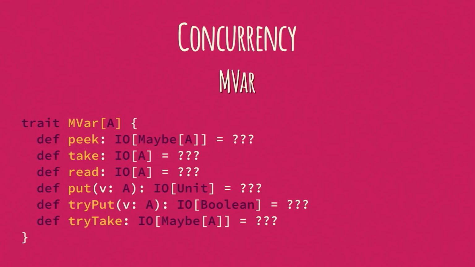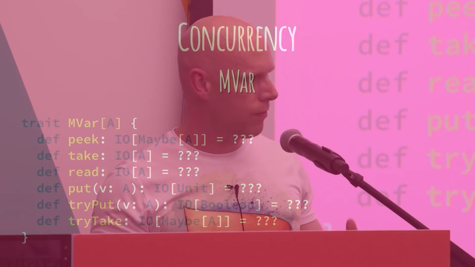And this MVar is very low level. It does everything synchronously whenever possible. It will never spawn threads just to spawn threads or use actors or any of that stuff. This is super low level, very hand optimized, very efficient, and it allows you to build other things like channels and concurrent queues, and all sorts of things can be built on top of this, and you can rely on it because it is very well optimized. It takes advantage of the much more powerful async constructor that we have in this IO data type that allows you to determine whether or not to do an asynchronous action based on executing some effect.